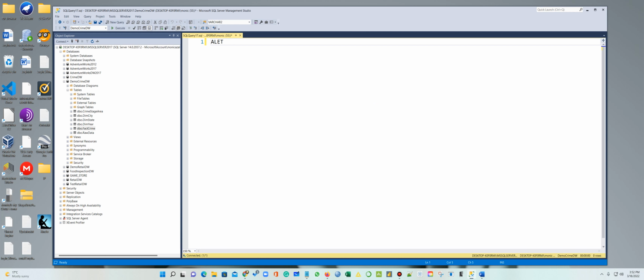Okay, let's go do it by memory. So alter, because I am so fast. Alter table, and then the name of the table that you want to alter is the fact crime. Right? That's the table you want to alter. You want to add constraint, and the type of constraint is foreign key, what is the name of the key? Crime,